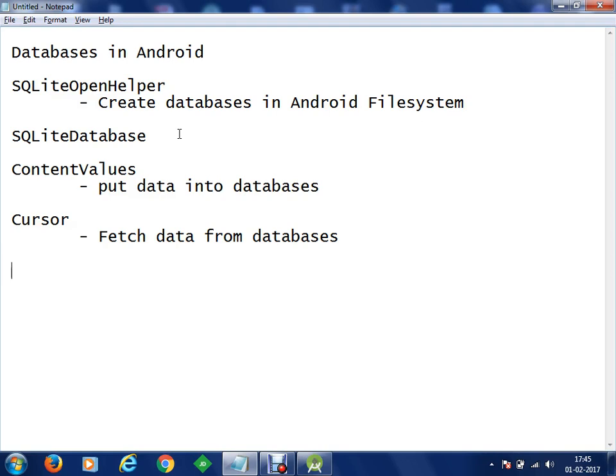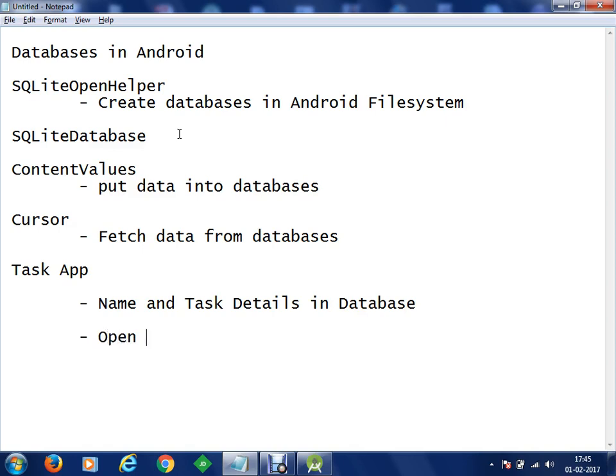What exactly are we going to do? We are going to create an application, and this application will be something like a time schedule or a task based application. This task app will be able to save name and task details in a database. So we have to create some methods.